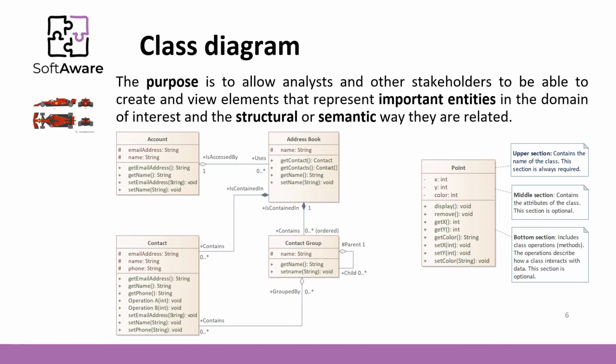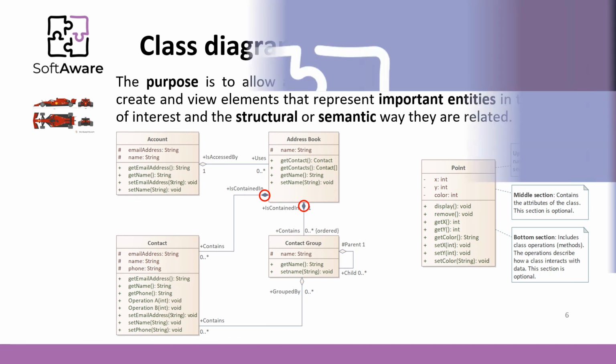The diagram illustrates aggregation relationship between classes. The lighter aggregation indicates that the class account uses address book, but doesn't necessarily contain an instance of it. The strong composite aggregations by the other connectors indicate ownership or containment of the source classes by the target classes. For example, contact and contact group values will be contained in address book.